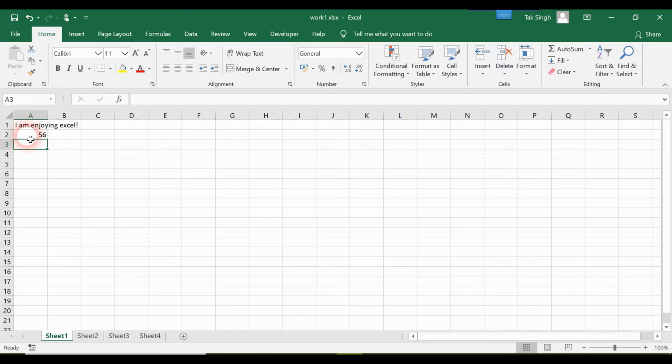You can see if I type here hi, the alphabets are aligned to the left of the cell, and the numbers are aligned to the right of the cell, which is pretty helpful to distinguish between the data types, and that is what Excel helps us with. Later on, we'll be learning how to customize the alignment by our personal preference, but the default is that the alphabets are aligned to the left of the cell and the numbers are aligned to the right of the cell.